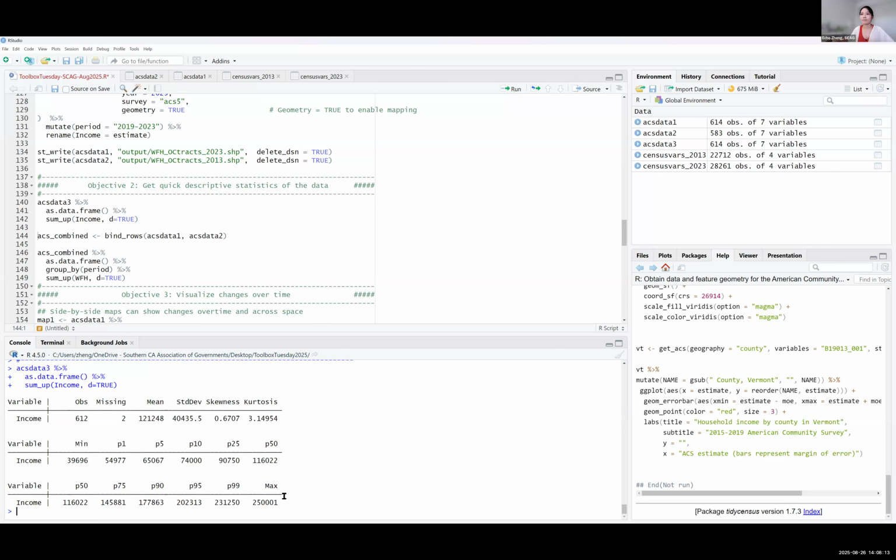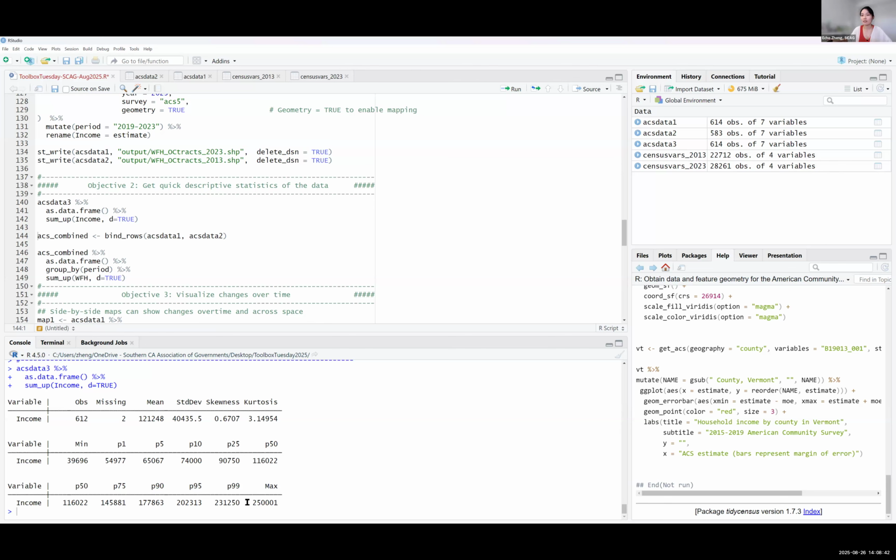So yes, that's my go-to, but you will see other examples of getting descriptive statistics. So right away, you can see that P50, that's the median. Median household income in Orange County is about 100,000.